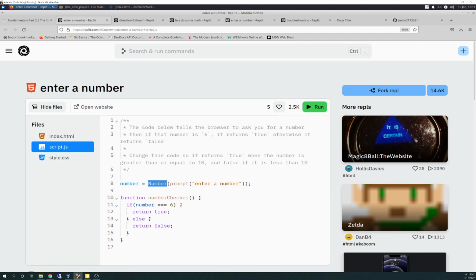If they entered 1, it would come through here. 1 does not equal 6. It will come down here. It will not return true because that's not a true statement, else it'll return false and exit the function, exit the if statement. So if you run it,